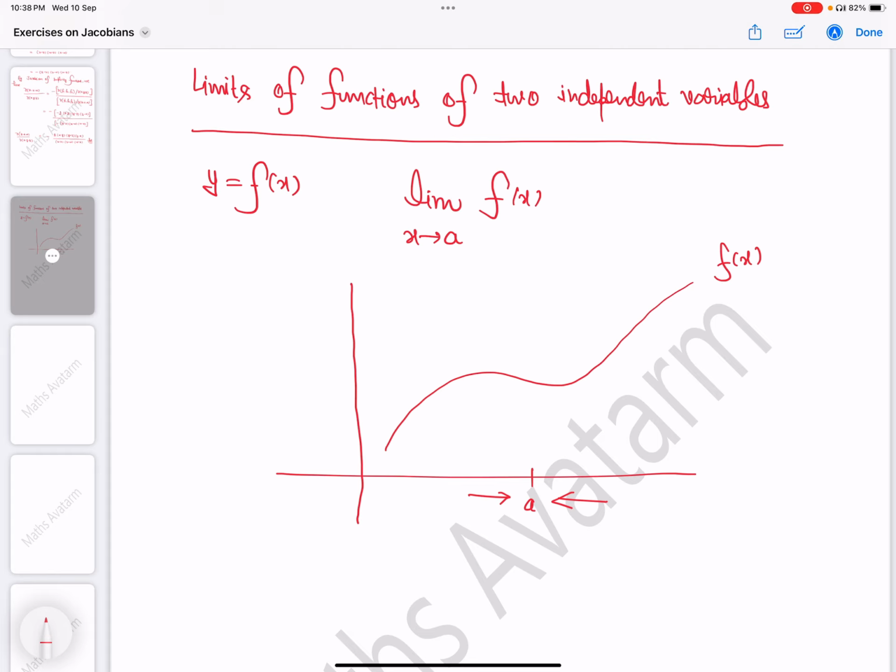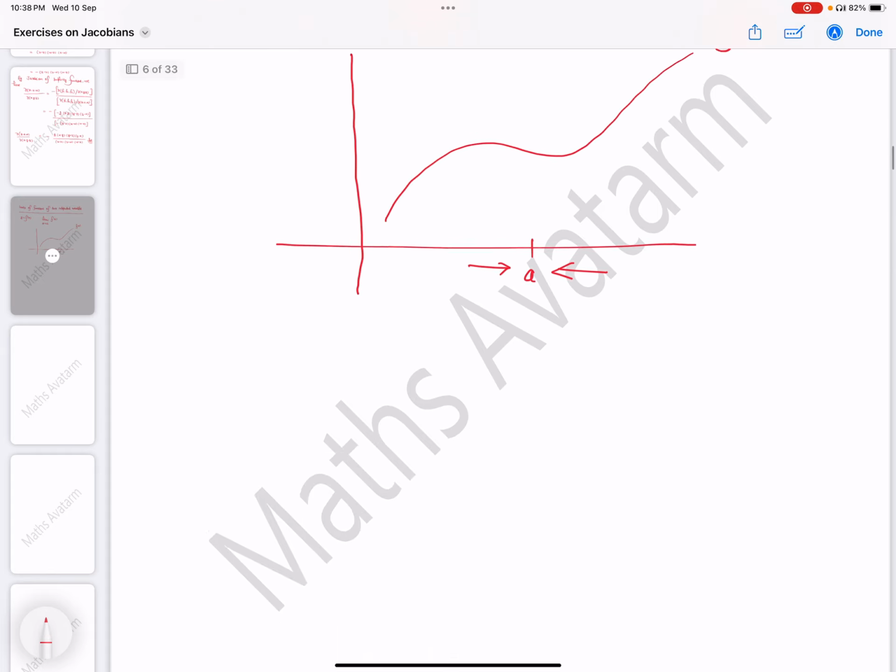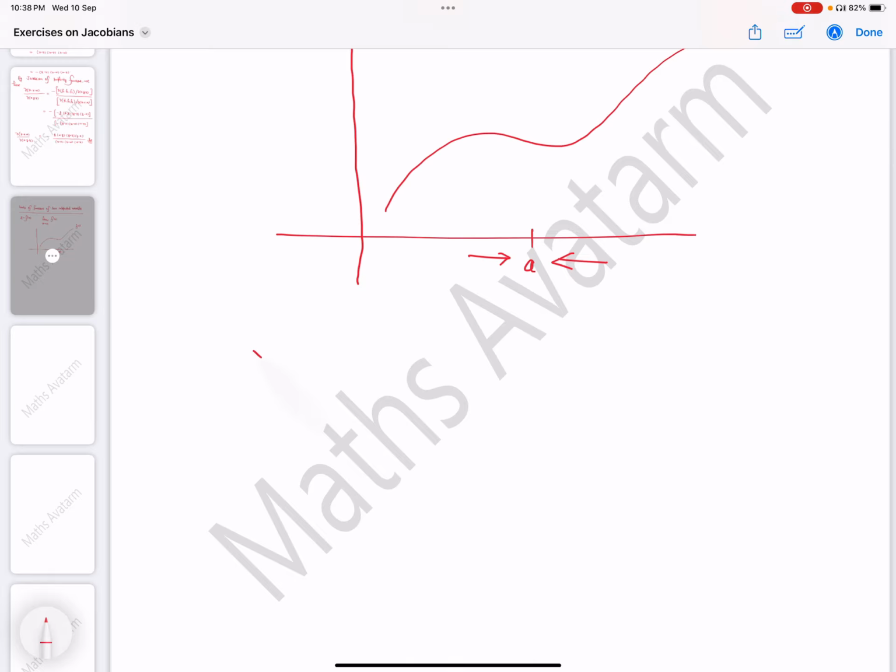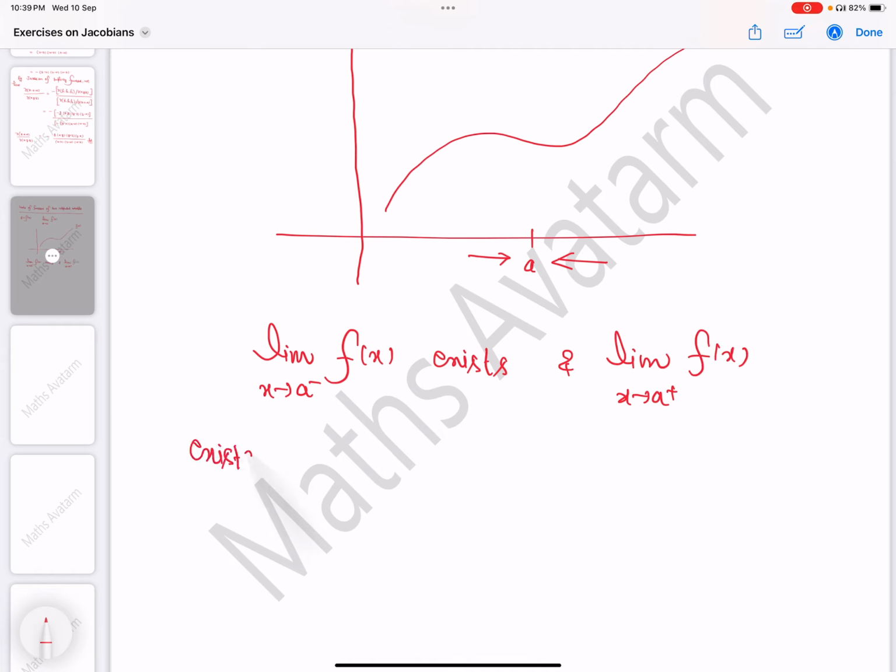So if the limit as x tends to a from the left exists, and the limit as x tends to a from the right of f(x) exists, then we say that the limit as x tends to a of f(x) exists